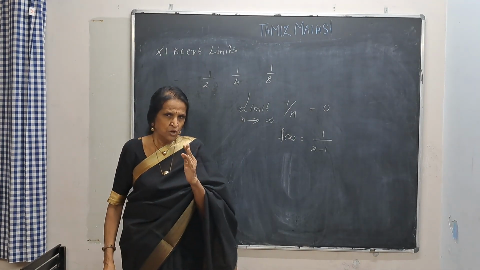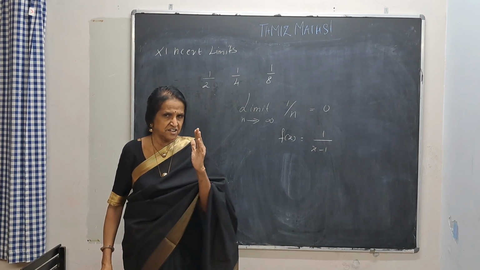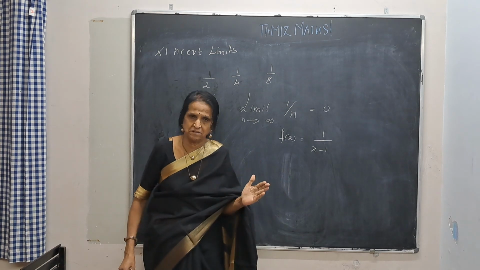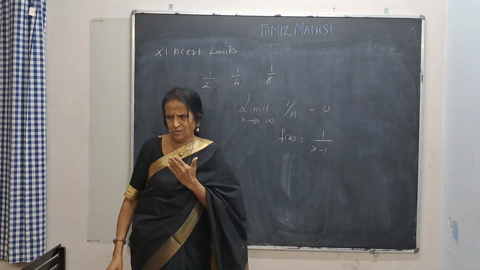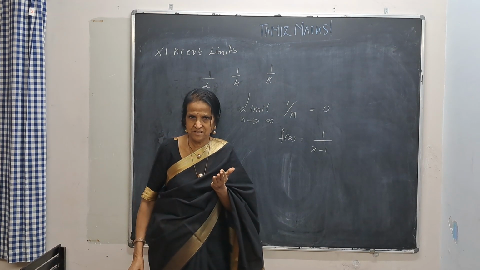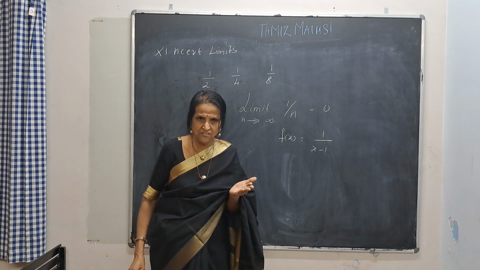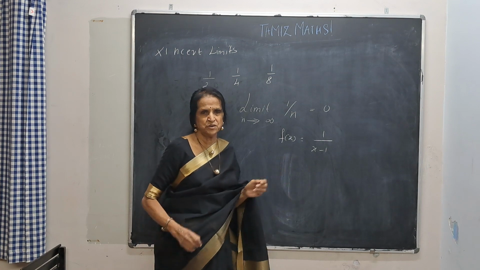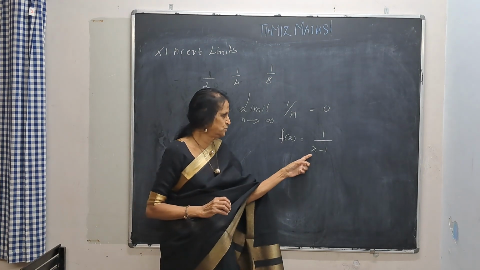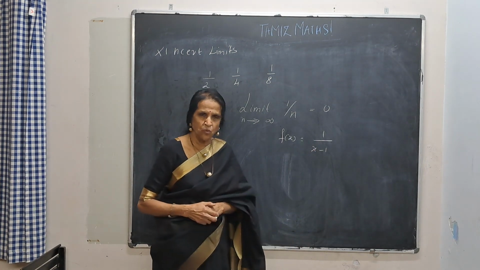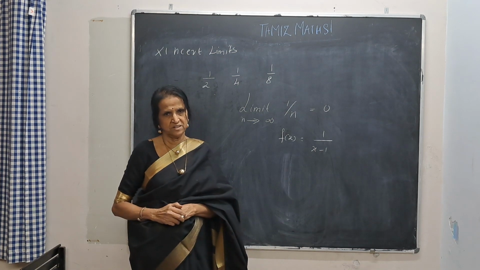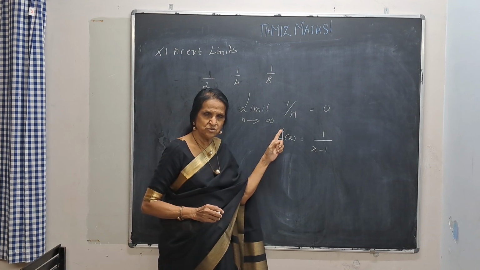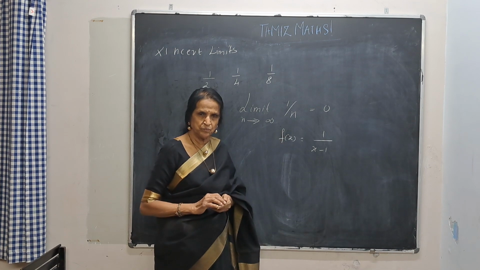What did I say? Domain of f is that set of x for which the function is defined. Domain, the place where you live. Oh, that is not my domain. Don't you hear it in day-to-day life? So here the domain will be all x, but x not equal to 1. Because when x equals 1, it will become 1 by 0. 1 by 0 will be infinity. Now we came for this: 1 by n, when n tends to infinity, will be 0.